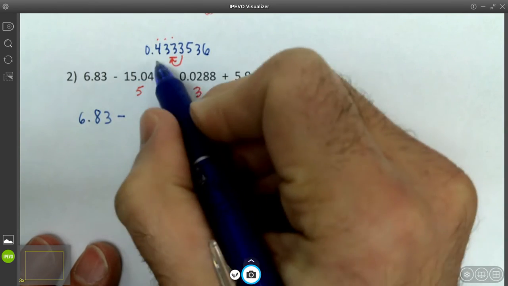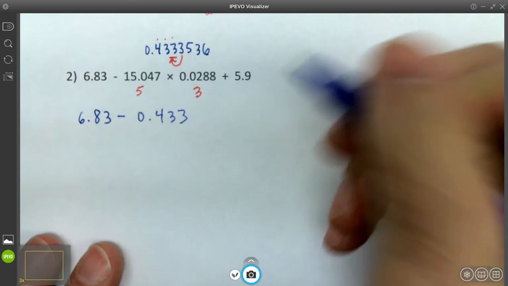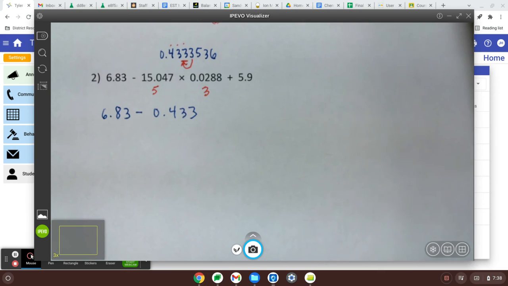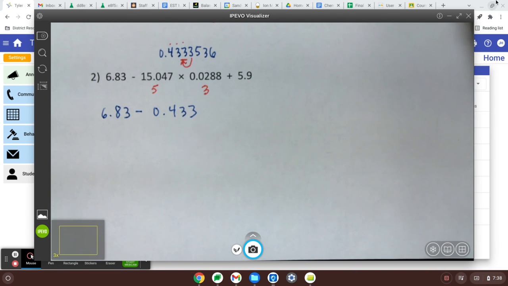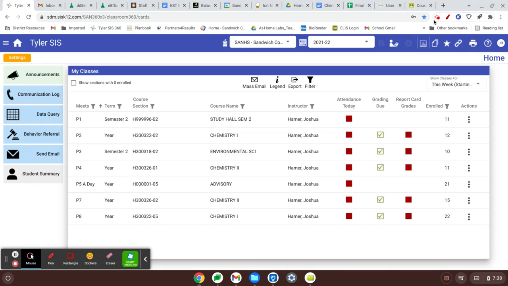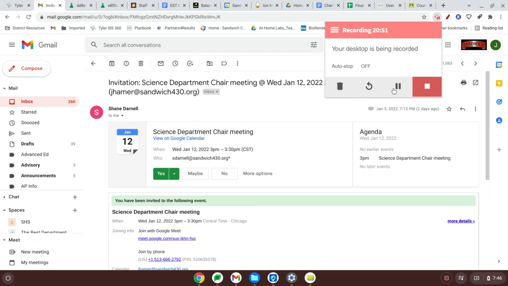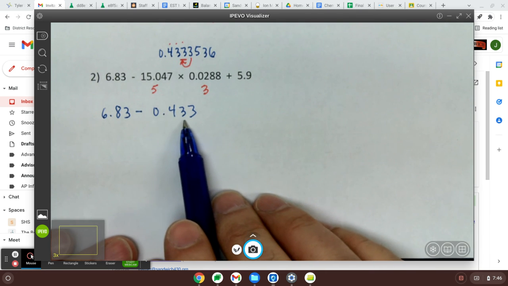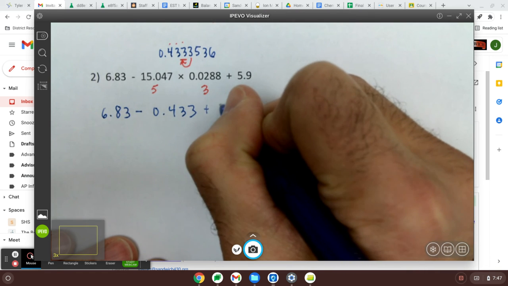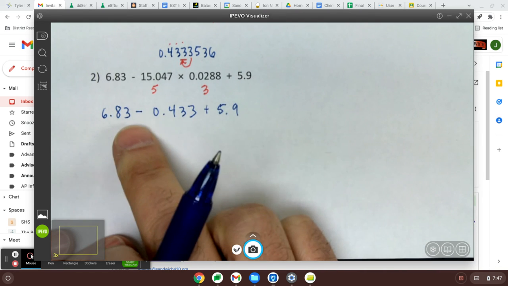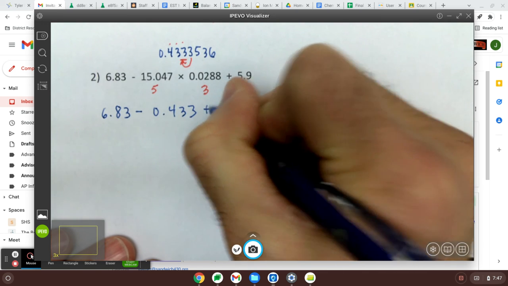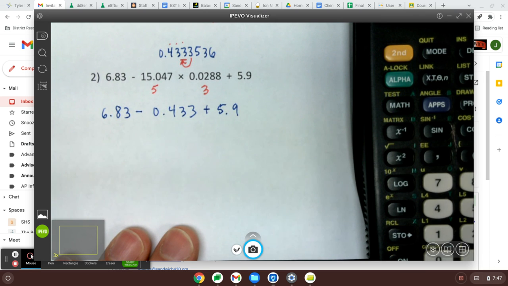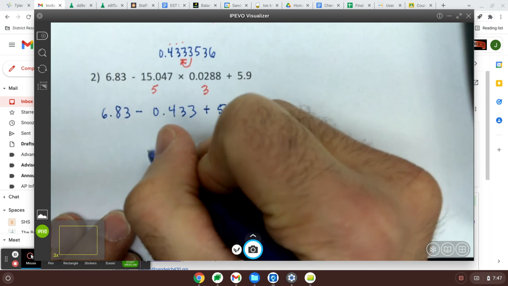So 6.83 minus, and this rounds to 0.433. Okay, so we rounded this 0.433. Now I'm just going to, so plus 5.9. Now here, it's subtraction and addition, so we can do all the math together and then just round at the end because that's the same rule. So 6.83 minus 0.433 plus 5.9 gives us